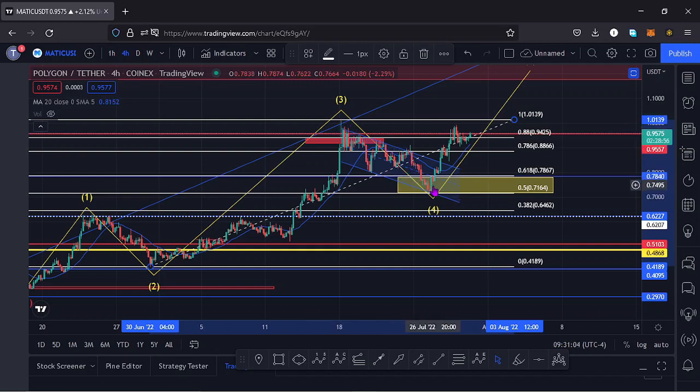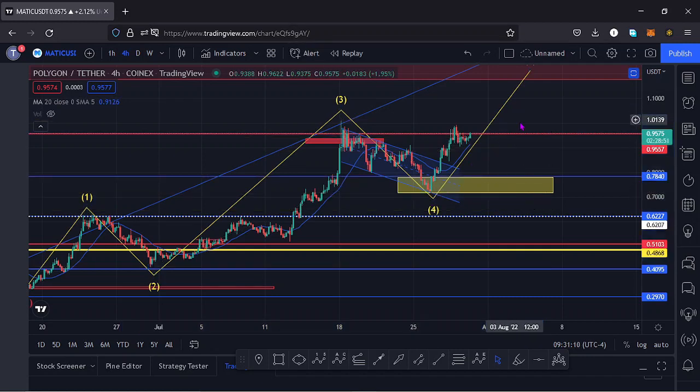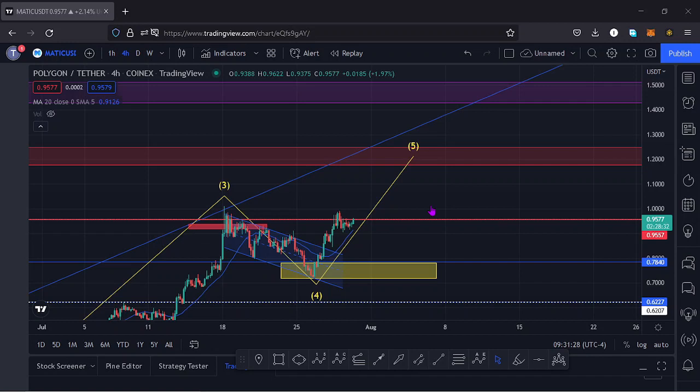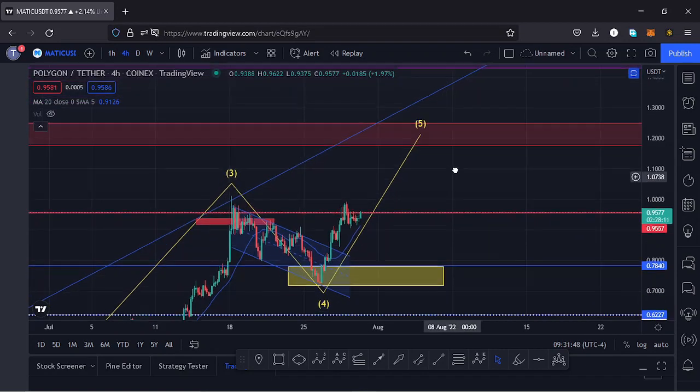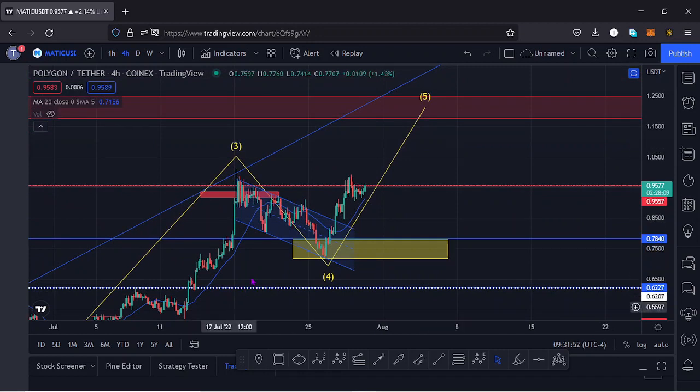We came to the area at around the $0.71 mark, then started seeing a very nice bounce to the upper side in what I can now term as a wave 5. And within a wave 5, we also need to see fractal waves forming, and it's very possible that what we have seen over here might be the first wave to the upper side of the fractal wave. So this might be the first wave for the fractal wave, and we were facing a key area of resistance at around the $0.95 mark, broke to the upper side of that key area of resistance,